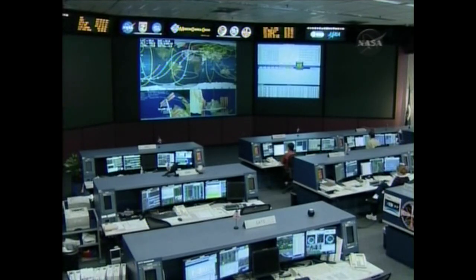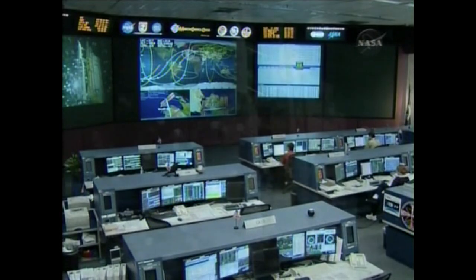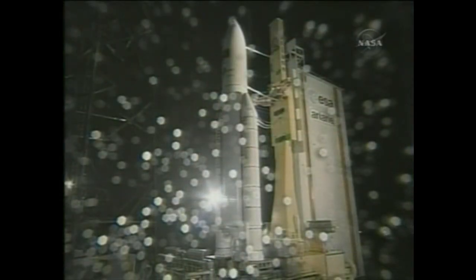As we mentioned earlier, after years of work on the part of thousands of engineers over in Europe to test and validate all of the systems on the Jules Verne automated transfer vehicle, it is now poised for launch on its pad down in Kourou, French Guiana. The countdown throughout the course of the day today, as well as this evening, has gone by the book. No issues reported. A full load of updated software has been loaded into the onboard computers on the automated transfer